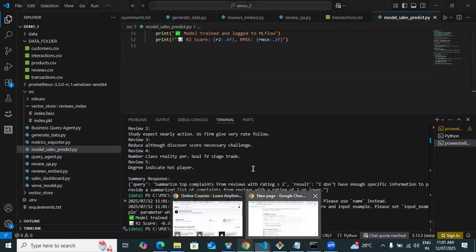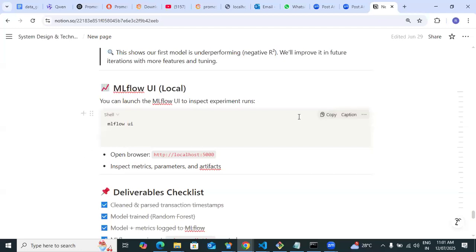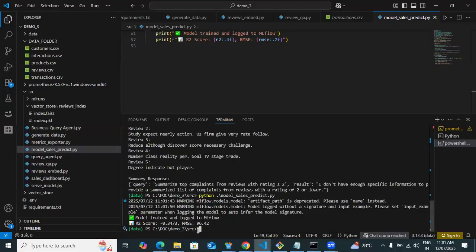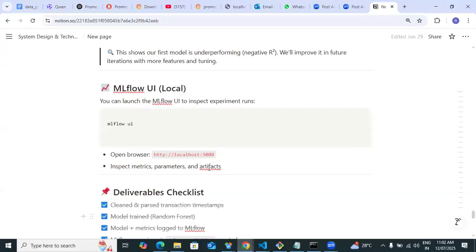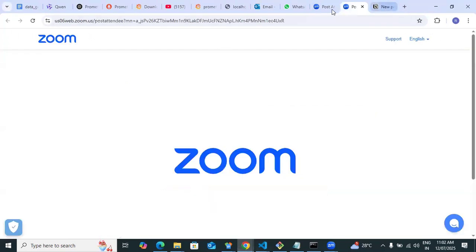So the model training is completed. Now I am using the MLflow UI command to check the UI. For that purpose, I have to go to localhost and check the